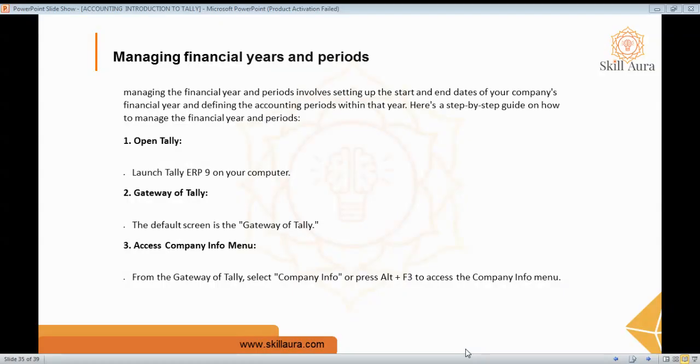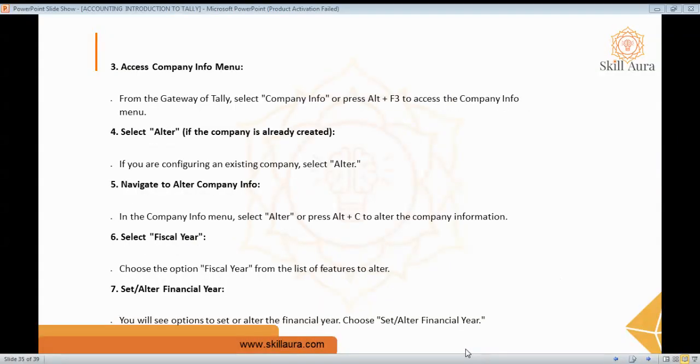First one, open Tally, and then the Gateway of Tally, and next access the company info menu by selecting it or with an option. It's the same as before, and then you have to select alter if the company is already created or already exists, and then navigate to alter company info, and then